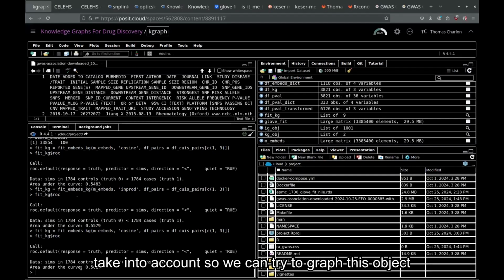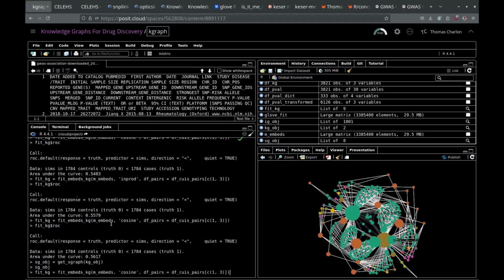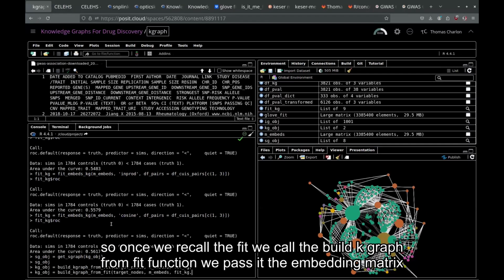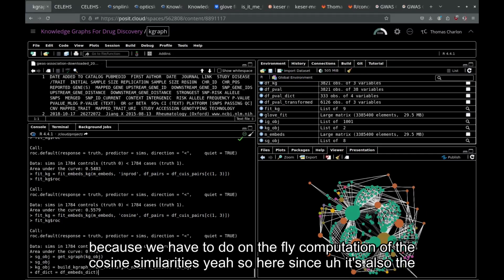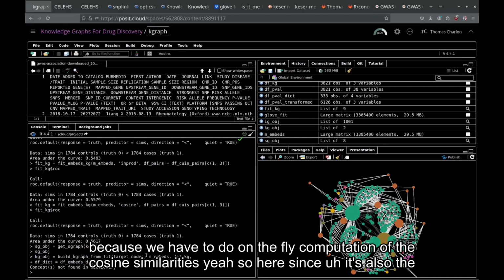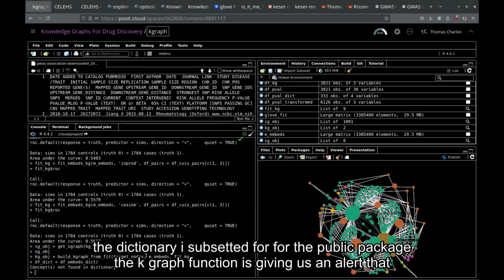So we can try to graph this object. So once we recall the fit, we call the build kgraph from fit function. We pass it the embedding matrix because we have to do on-the-fly computation of the cosine similarities. Since it's also the dictionary I subsetted for the public package, the kgraph function is giving us